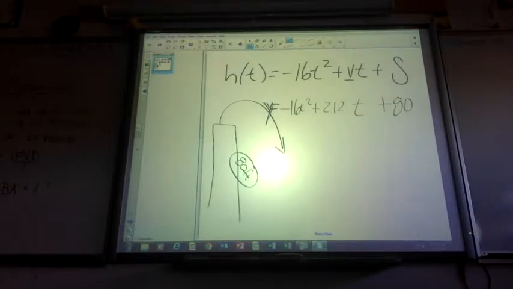Now, there's some really cool complex ones out there. This is a really cool equation. So let's talk a little bit. We're going to come back and work this problem a little bit, but let's talk about a few things that